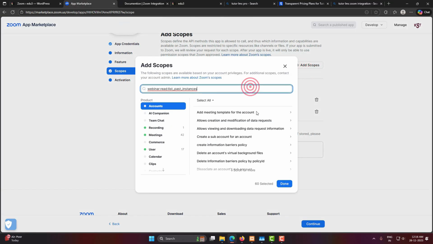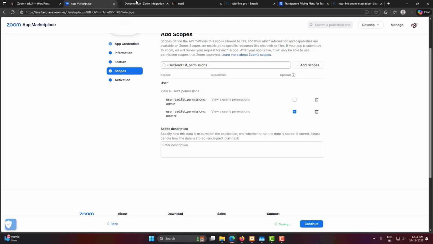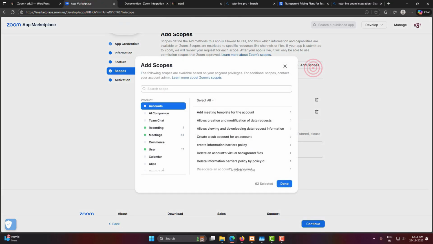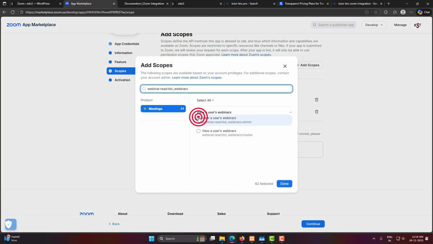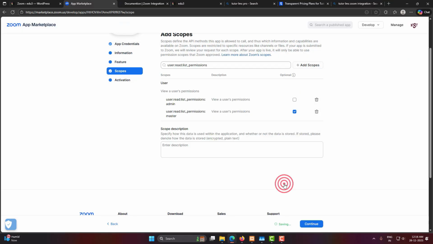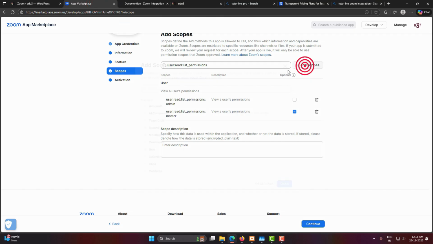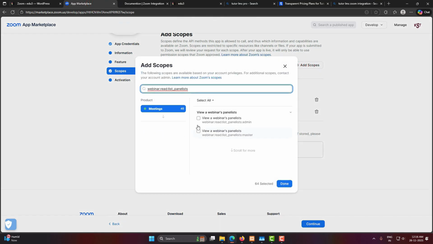So let me add them one after one. After that, this one, click in the add scope. Now from here let me choose this, click in the done. Now for the next one, copy it, come back here, click in the add scope, paste it here, and from